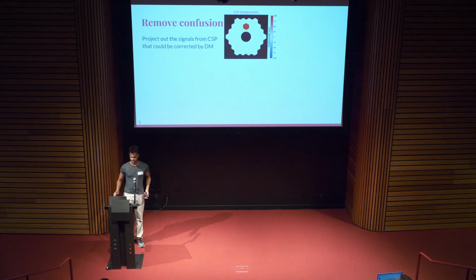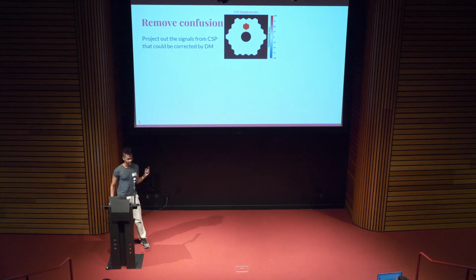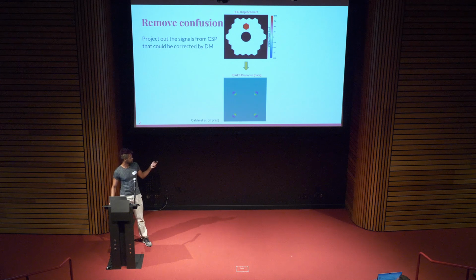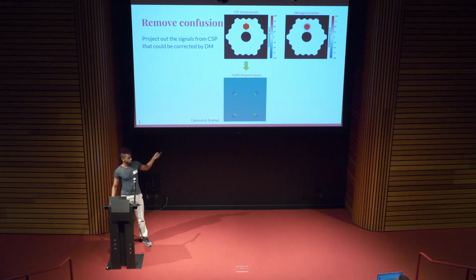So the way that I do this, as a little visual demonstration, I am projecting out the signals from the CSP that can be corrected by the deformable mirror. So I have the piston measurement from, I think, segment 7 or something. This segment will generate a pyramid wavefront sensor response that looks like this. A pyramid wavefront sensor response that looks like this can also have a similar response from a deformable mirror shape that looks like this when there's no segment